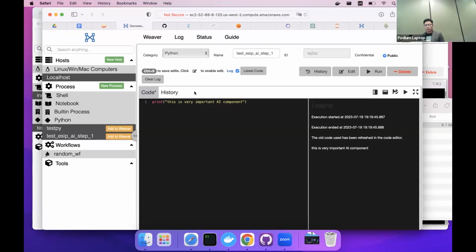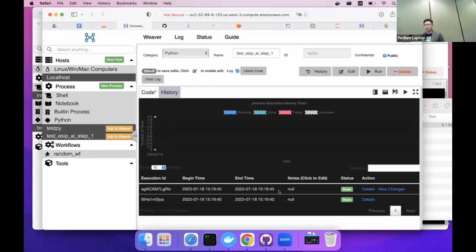So running everything in GeoWeaver means this whole thing will always be there. This history will always be there. It will record it for you, and then you can export and share with anybody else when you want. So this is a fundamental before you start an AI project. And actually starting an AI project is much simpler than you think. I'm not saying that I'm doing it correctly, but this is what I do: using AI to help you build AI.